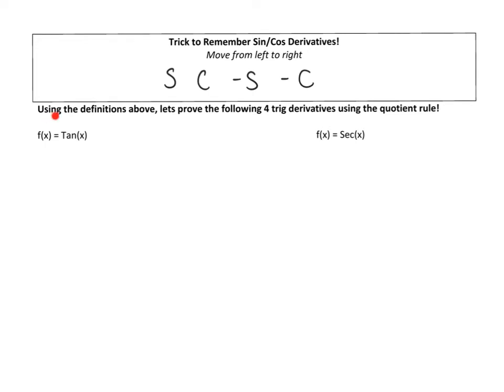So let's use the definitions above to prove what the following four other trig identities would be. So we need to use the quotient rule for this. Why? Well, we know that tangent of x is sine x over cosine x. So now we have a fraction, and if we have a fraction, we have to use the quotient rule, where the top is my high and the bottom is my low. So remember, f prime is low times d high, the derivative of the high. So the derivative of sine, if we look over here, is cosine. So low d high